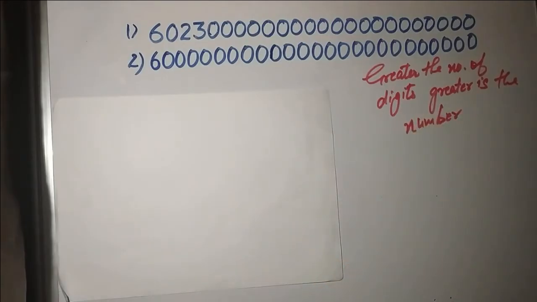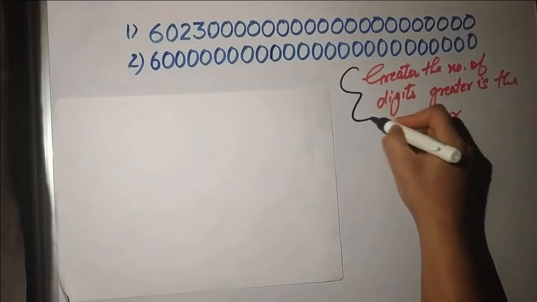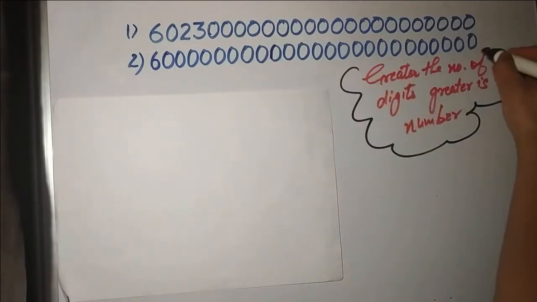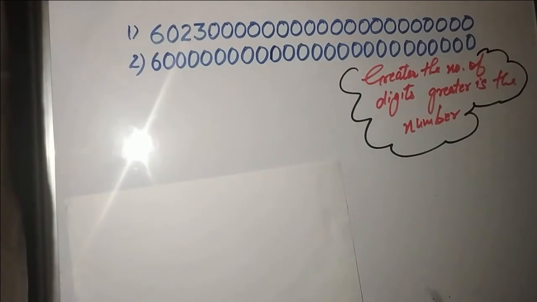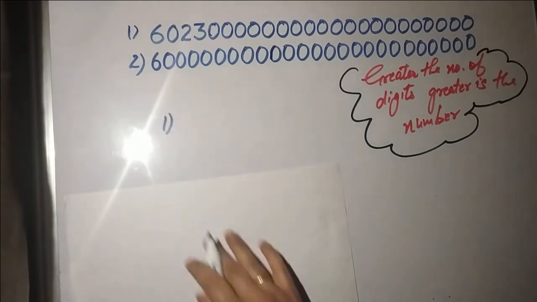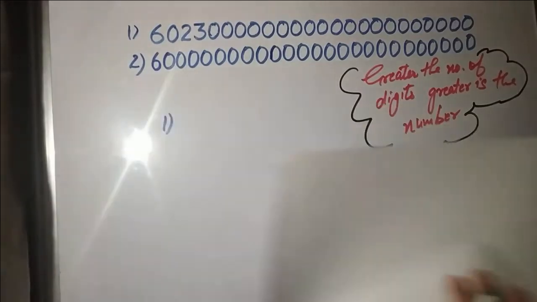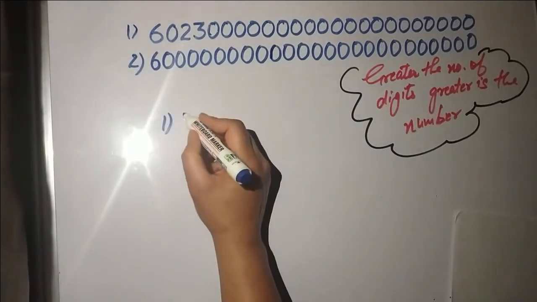So if you have to compare these two numbers, which you can see on the screen, you just have to count them. But to count them it's a bit tedious task. Means, why do you want us to do that? So if I would have changed the format of the question, it would be easy for you to compare. Format of the question means the same number, but written in some other format, just like